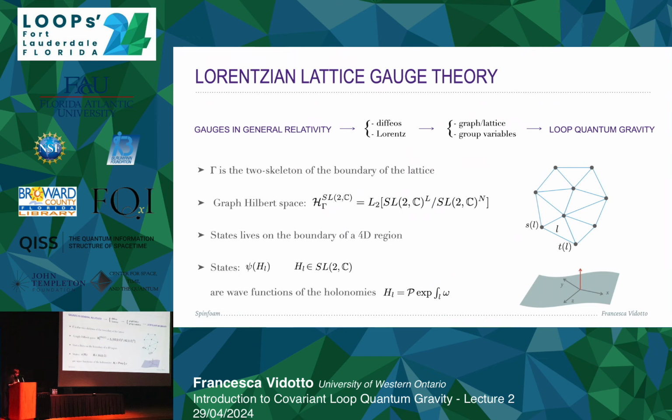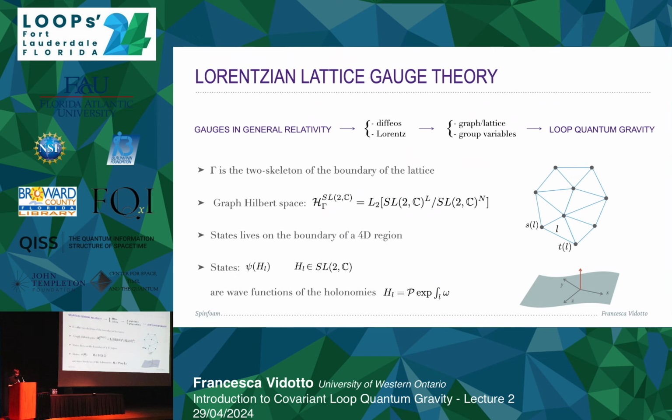So this is a way in which we can fully implement the fact that my amplitudes are Lorentz invariant. And so what follows here is that I can still work with the graphs. These graphs are still living on the boundary of my region, okay? And for the moment, I define on these graph states,